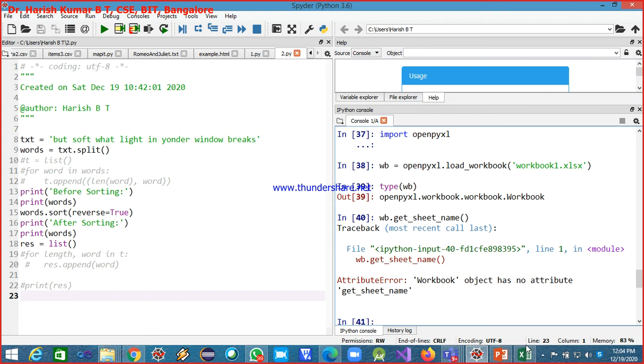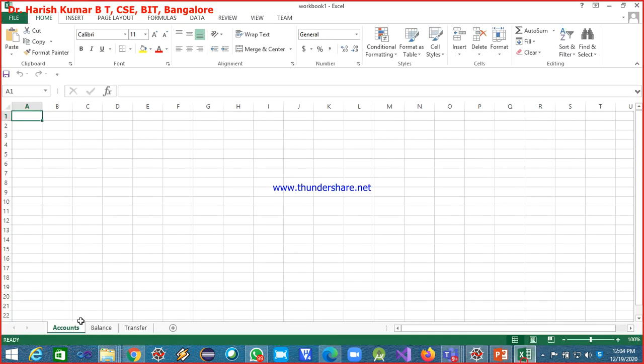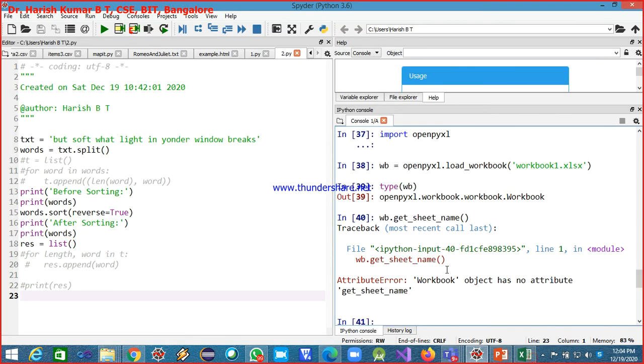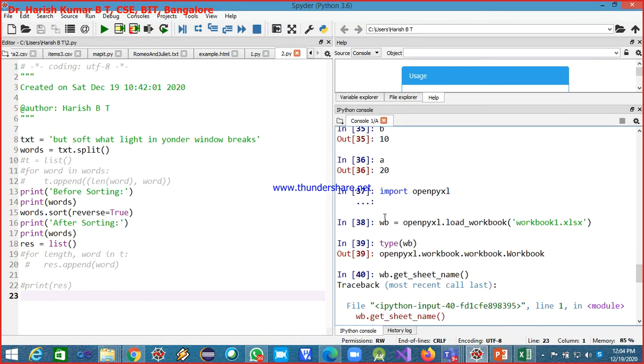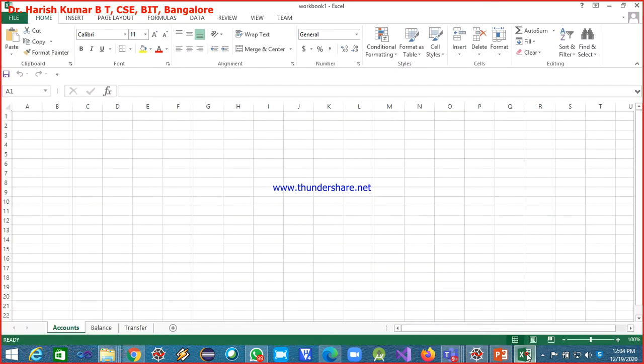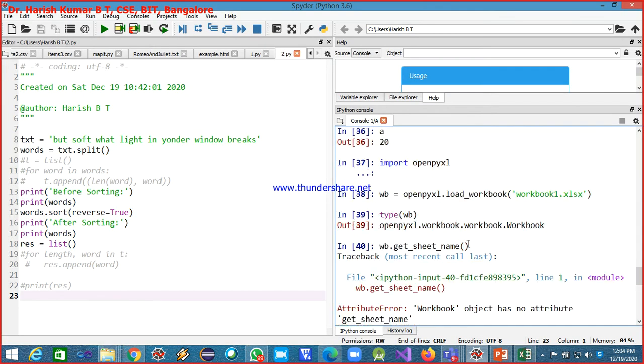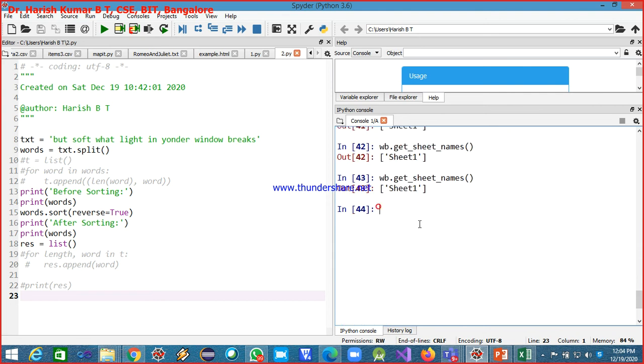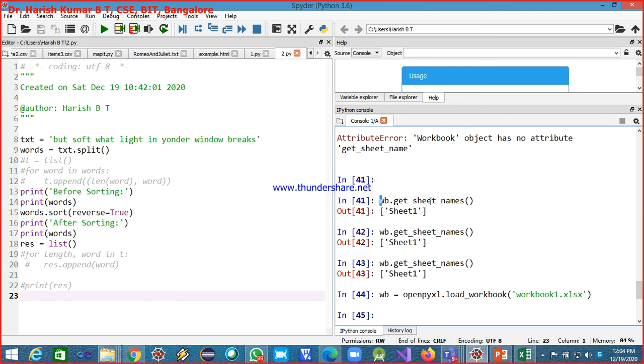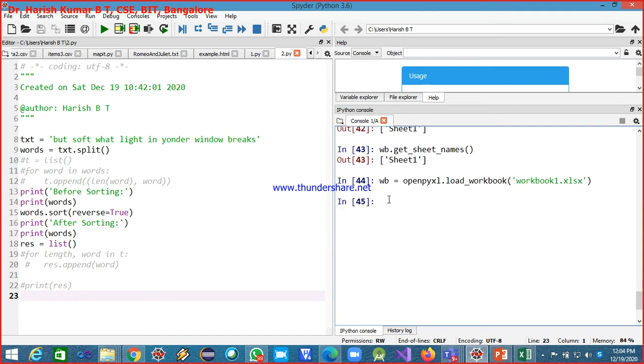So why is it still showing Sheet1, which was the sheet earlier? Even now it is showing the same Sheet1 because this object wb was created before I added these 3 sheets. Now we'll go for creating this wb object once again. Now to get the sheets, it should give me 3 sheets. See, the list of 3 sheets: accounts, balance, and then transfer.